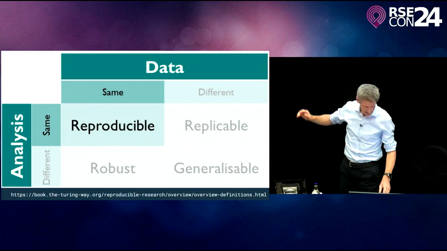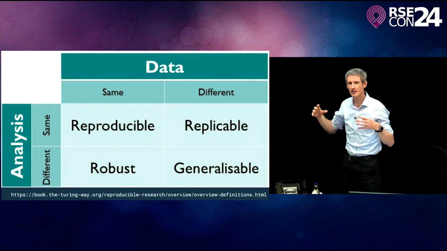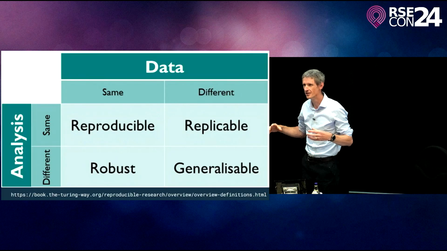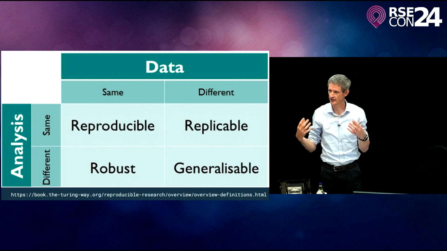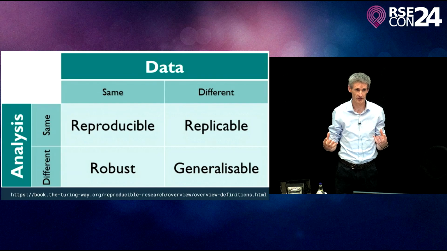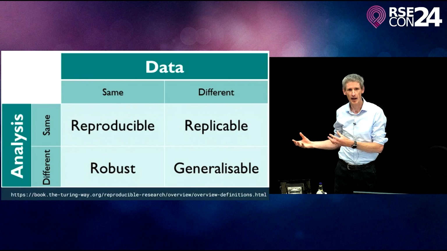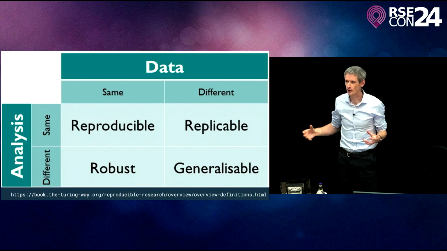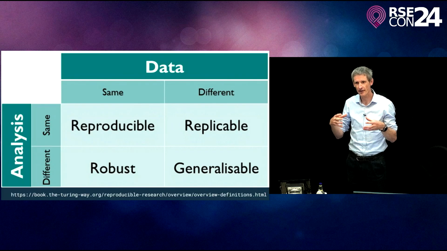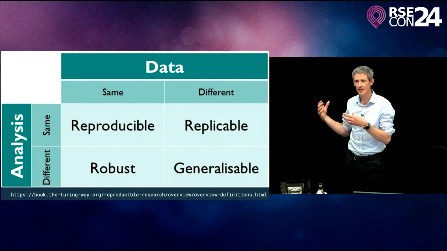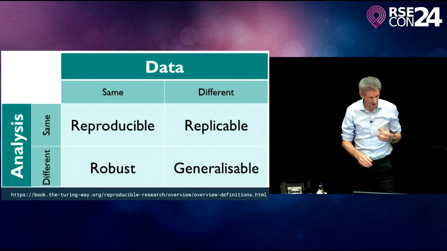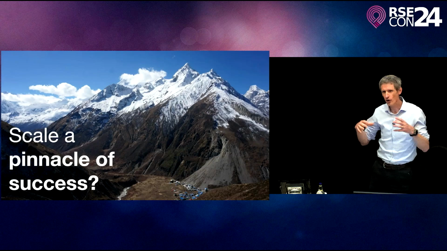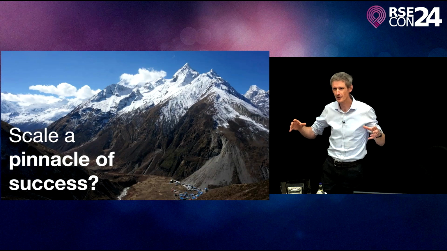It's notable that the other boxes in this grid are typically done by other people, right? They're harder to measure as a result. Different people coming in with different analysis and different data and trying to answer the same question as you. You can't put that in a GitHub action, right? So that happens organically, and we should try and set things up in such a way that enables that sort of corner to be as easy to do as possible. And so the whole thing is sort of, it's all a bit wrong.